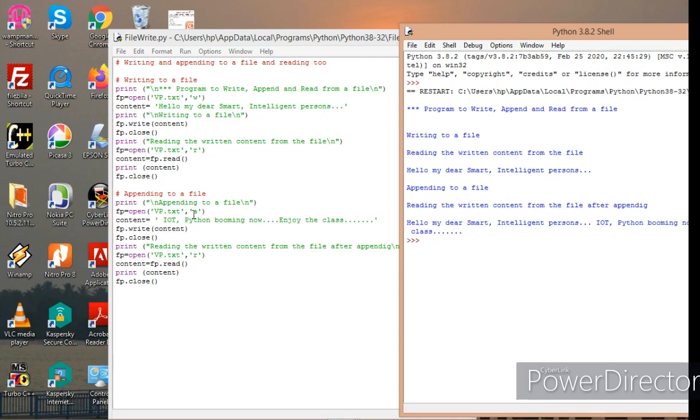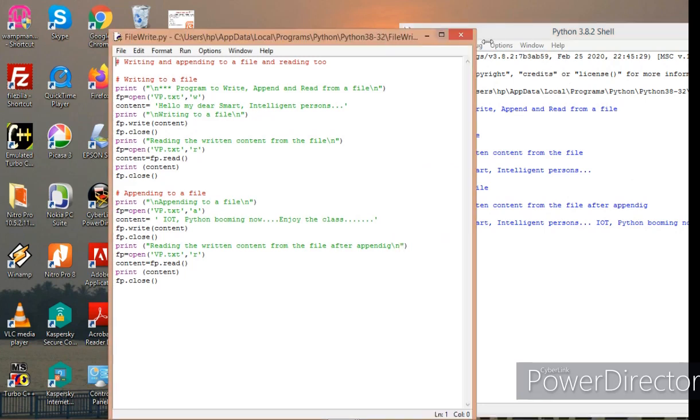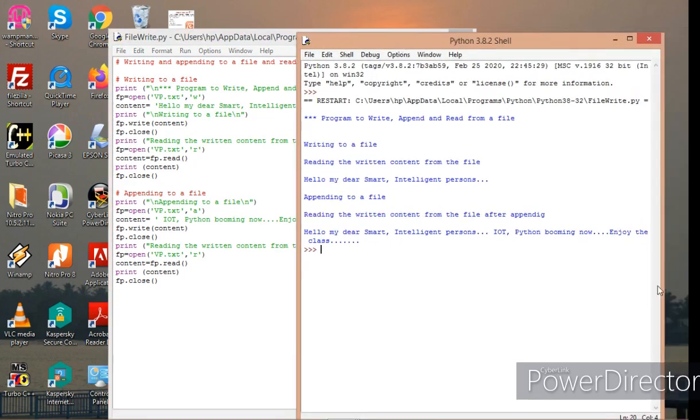So I have opened vp.txt again in the append mode. So appending to a file and reading the written content from the file after appending. So what should be the new content? Earlier it was hello my dear smart intelligent persons, and to it the second string, IoT Python booming now and enjoy the class, was the appended string.